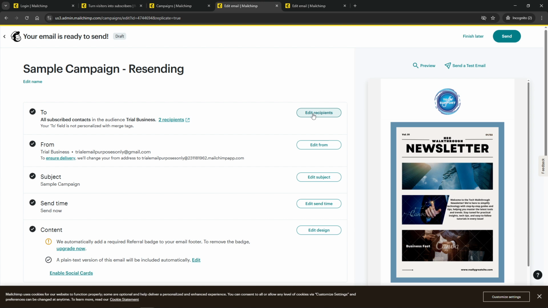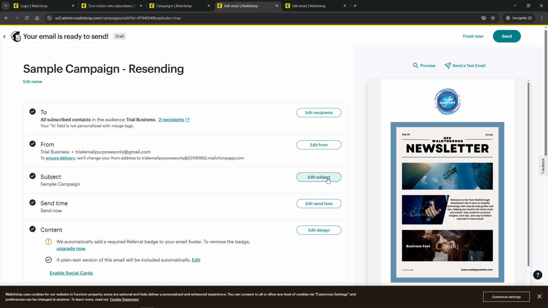Now take a moment to revisit the content of your email if necessary. Adjusting the subject line and the body of the email can make a significant difference. A more captivating subject line might draw more attention, while revising the email content could address information that was previously unclear or incorrect. Remember, the more precise and engaging your content is, the better your chances of capturing the audience's